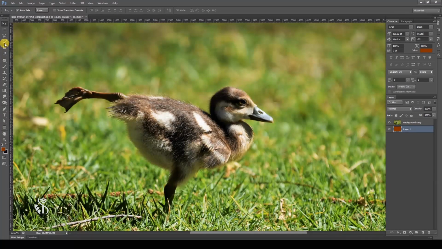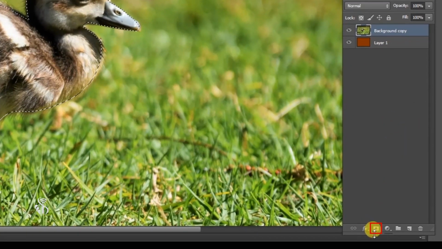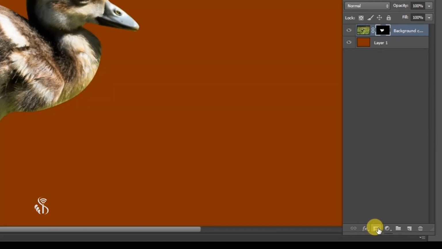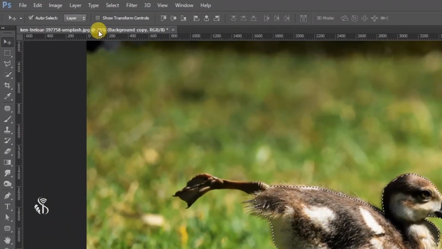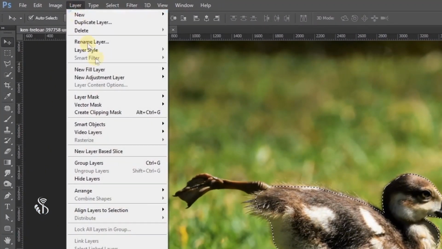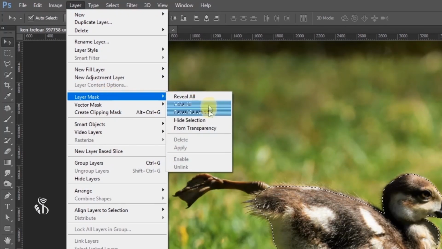Select the image layer as we would like to apply the mask to it. Select the option Layer Mask from the Layer palette. Or else, you can also select the Reveal All command under Layer Mask in the Layer menu.